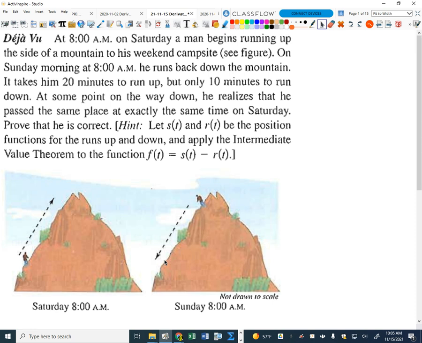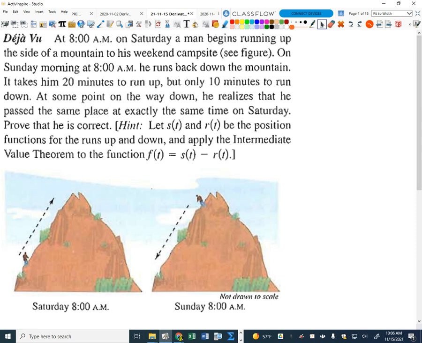Is that good? Okay, so let's define some function that joins those, some function f that's going to be the difference. It's going to be s of t minus r of t. So at 8 a.m., we'll call that time 0. We're starting our stopwatch. What's the value of s of t? At 8 a.m., person that's starting down here. 0, okay? At time 0, at 8 a.m., what's the value of r of t? Half a mile, right? If we're saying it's a half a mile hike, okay? So then 0 minus 0.5 gives me negative 0.5,